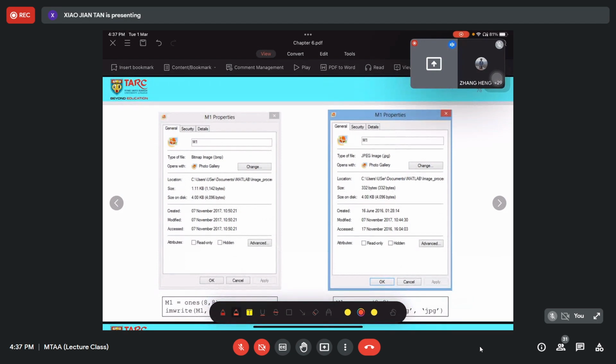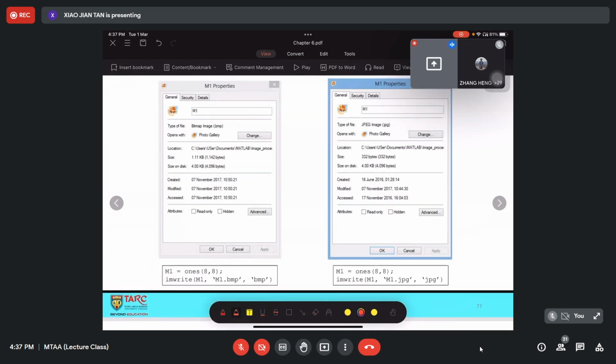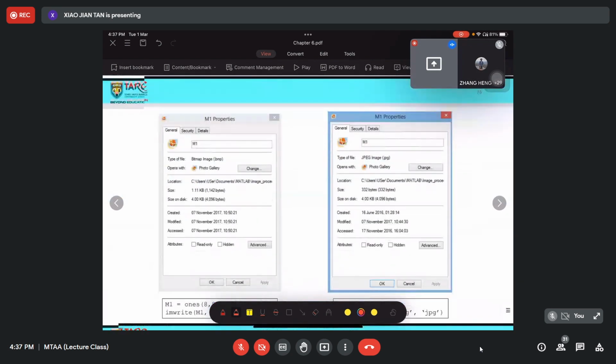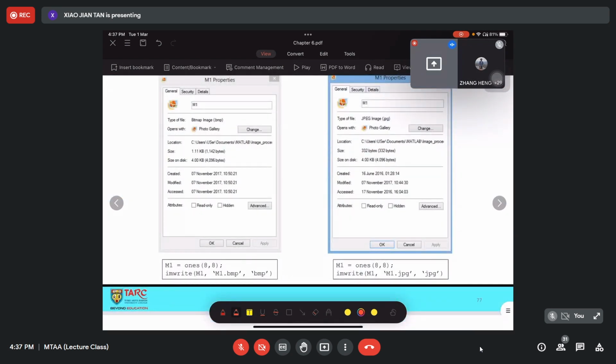So this would be the one. Moment, let me check. So basically what to check. Okay, imwrite M1. This is to write, I mean read and write, this space is for write.